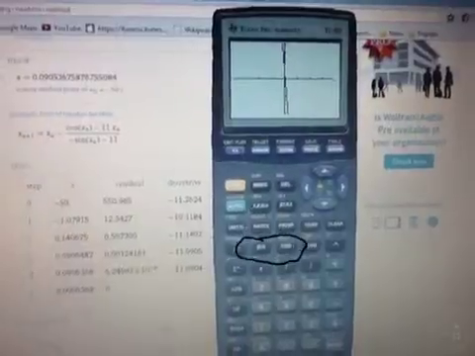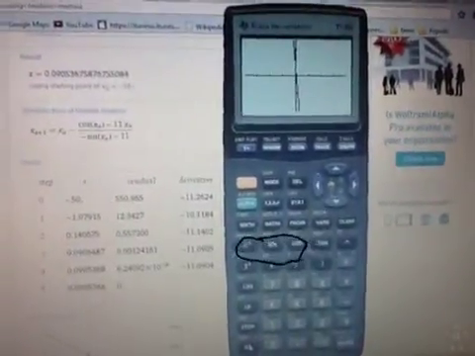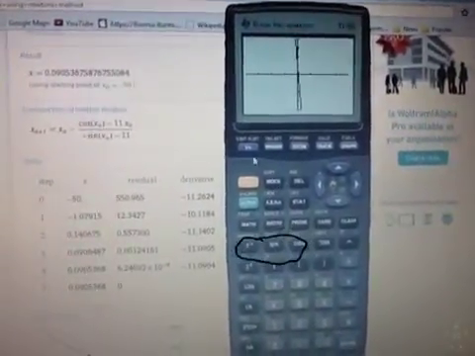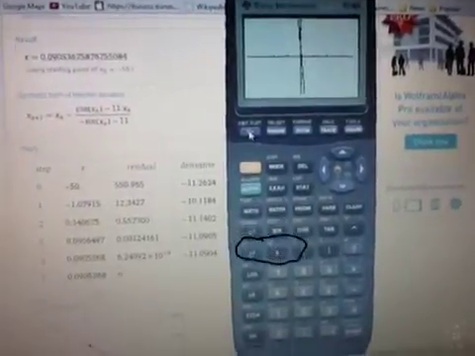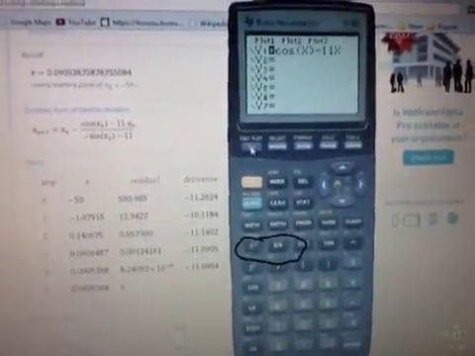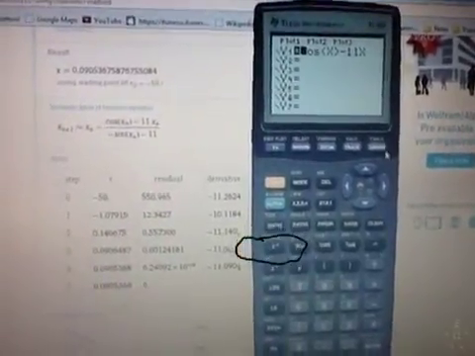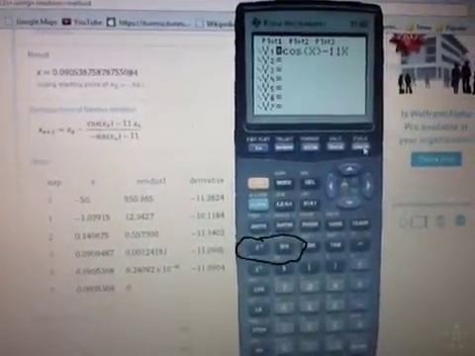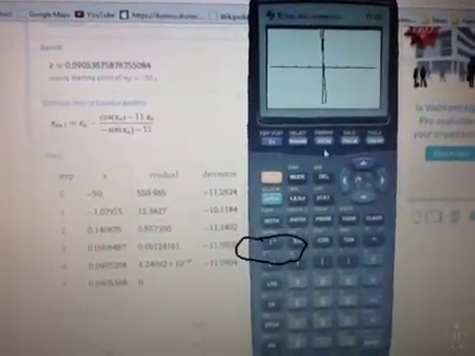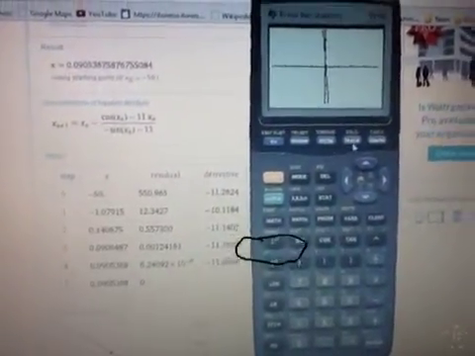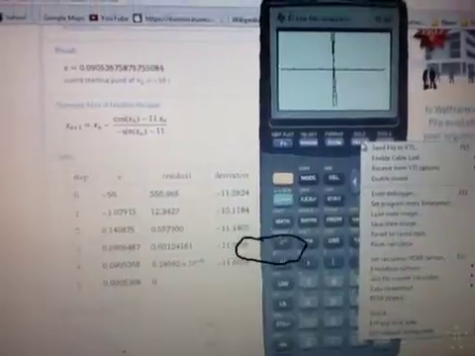I'm trying to operate something with my left hand and something with my right hand. So what I did was, let you see it, I just went to y equals, typed in cos x minus 11x, and hit graph, made sure I was on the trig window, made sure I was in radians, and then you could see trace,